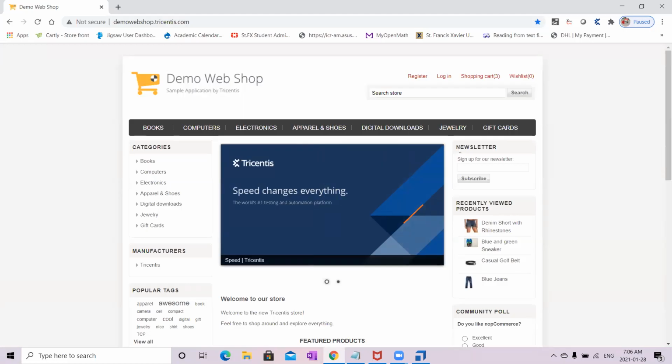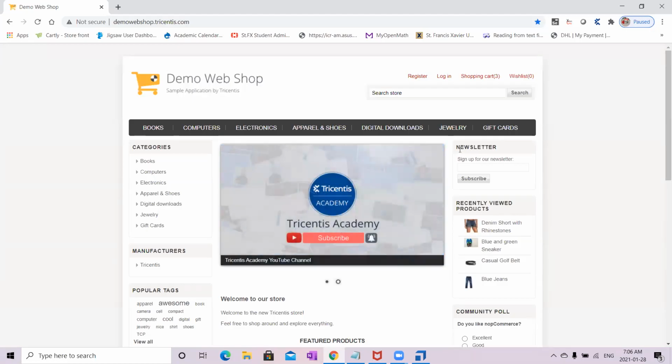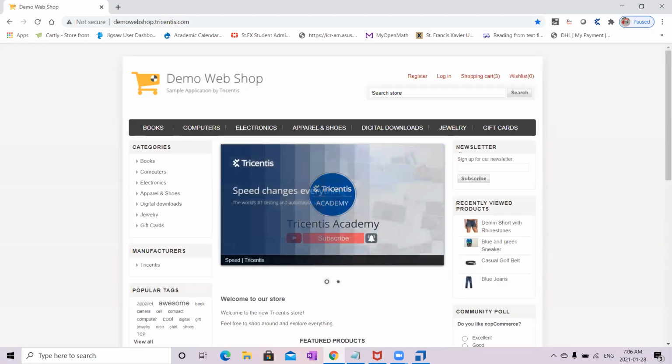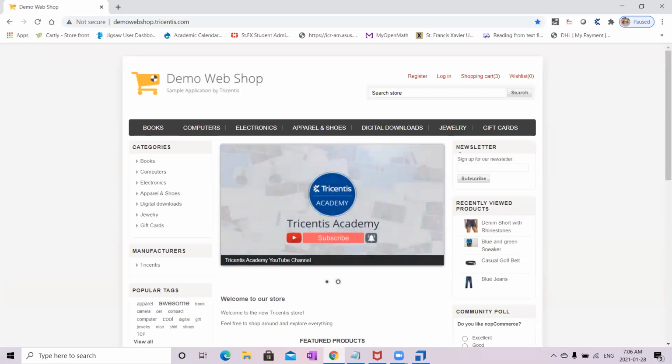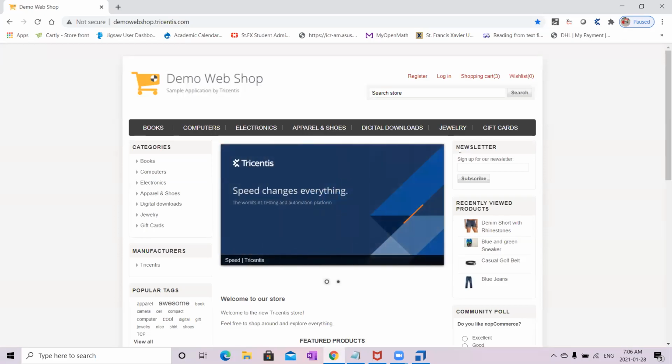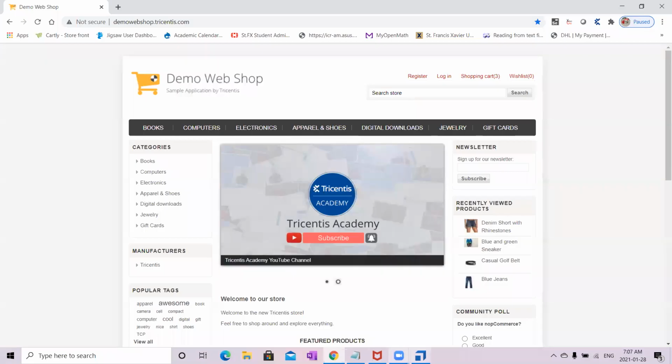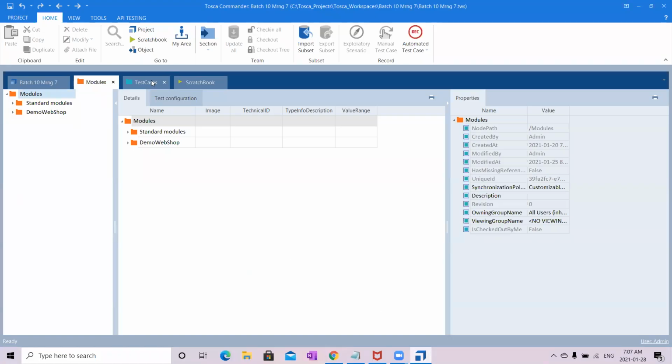So now, what is the first step? First step is to open this application. We will see it later. Okay. Now I am going to the next step, that is clicking on the register button and all. Okay. So for that,